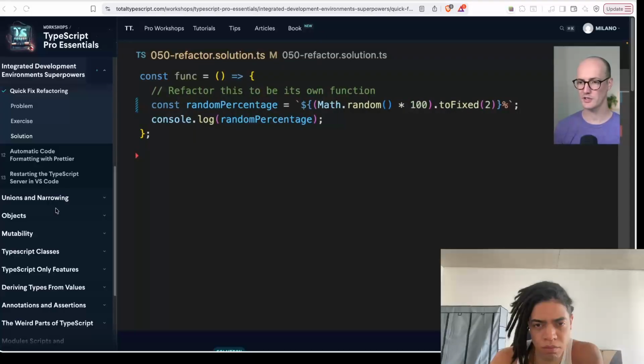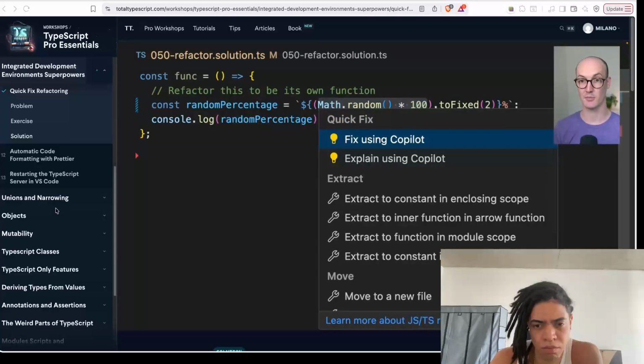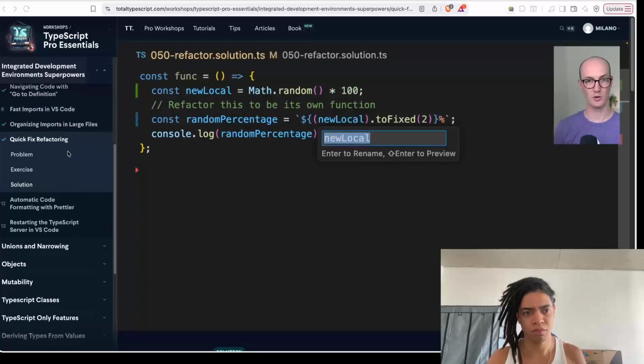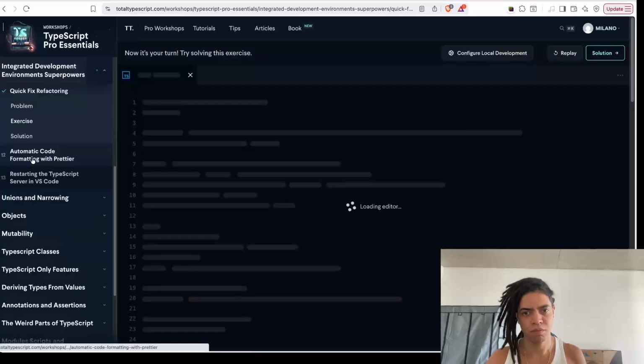Okay, cool. What if we just grab this little bit here, and again, using Command dot, we can say fix using Copilot, explain using Copilot, extract to constants in enclosing scope. Let's try that. Ooh, we got new local. Okay, so